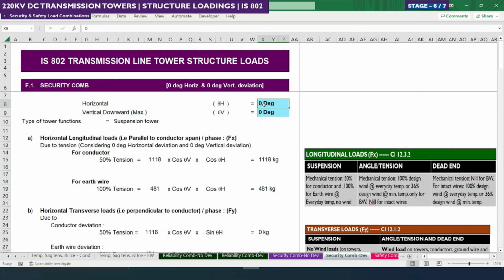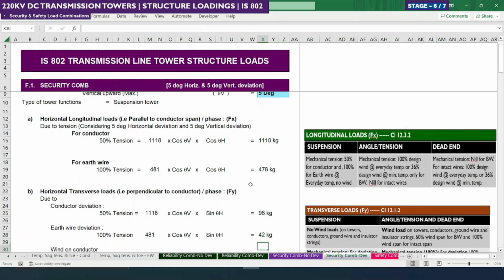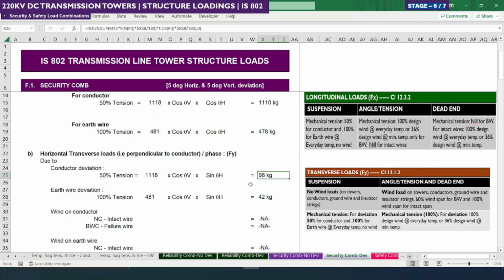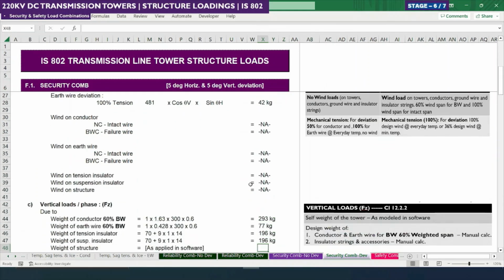So for suspension tower we can apply some 5 degree here. So this will directly reduce the longitudinal loads because of that deviation. Of course we can see some loads on the transverse sides due to the deviation, and vertical load